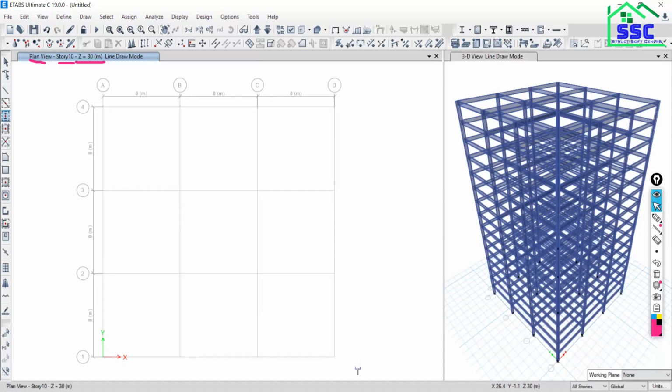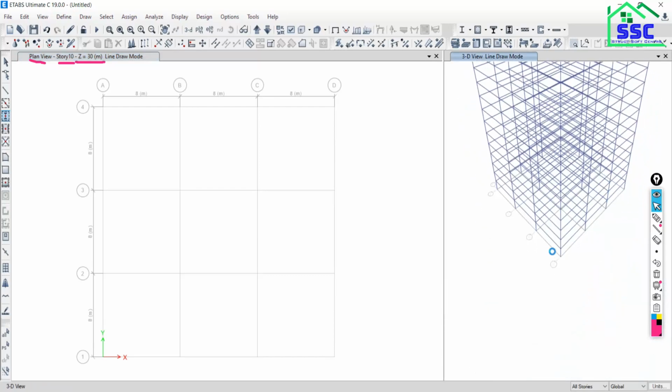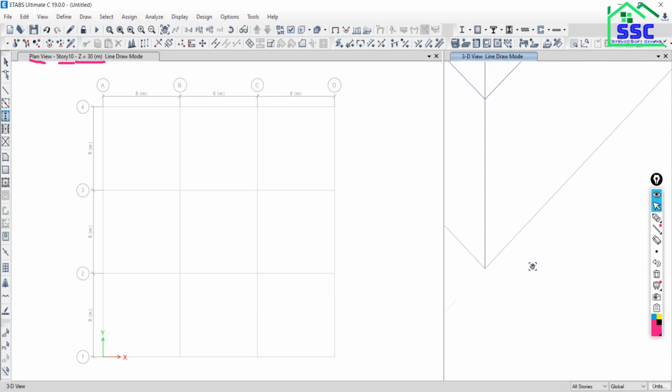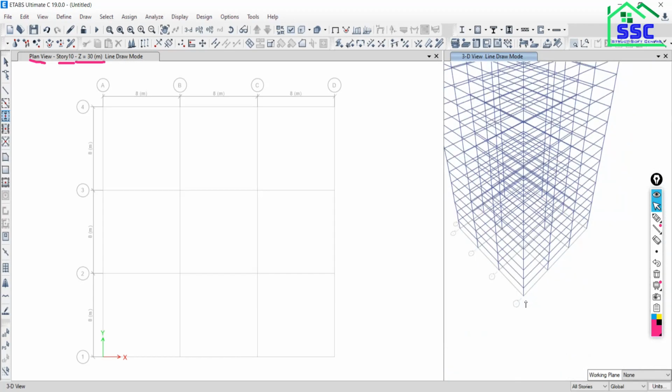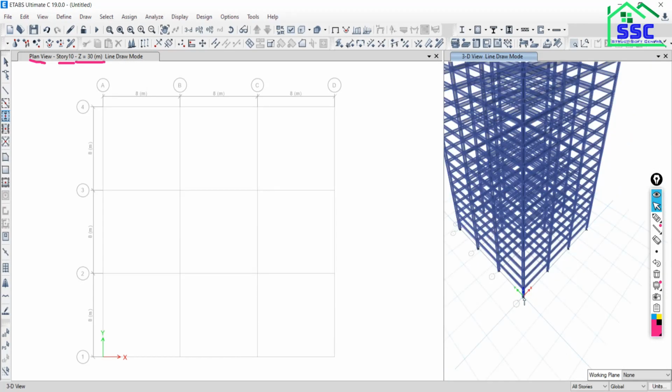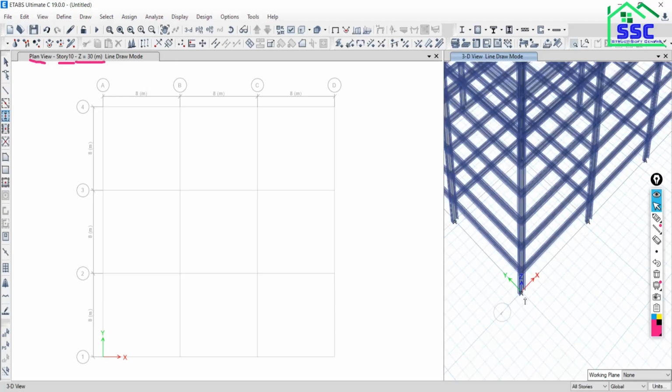Just click there so that the column will be modeled from base to top. Is it okay? And as you can see, ETABS will by default give the support condition at the base. Is it visible? Hello. So the support is there.